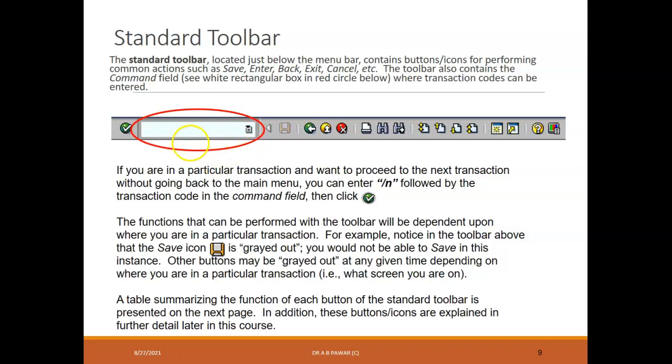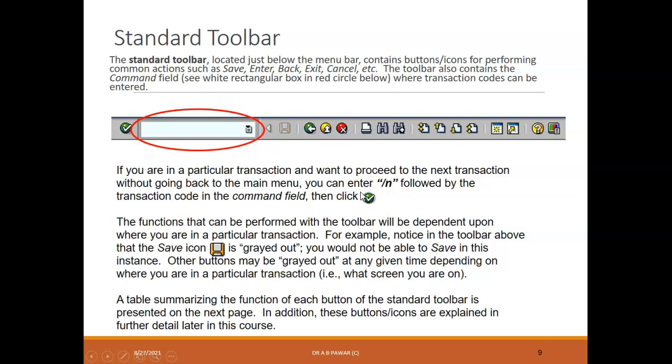You can enter the transaction code by putting /n followed by your transaction code in the command field. Currently you don't know about transaction codes, so don't worry, let us just understand. Then you have to click on this green icon with the right tick, which, as I already explained, is an alternative for your enter button.